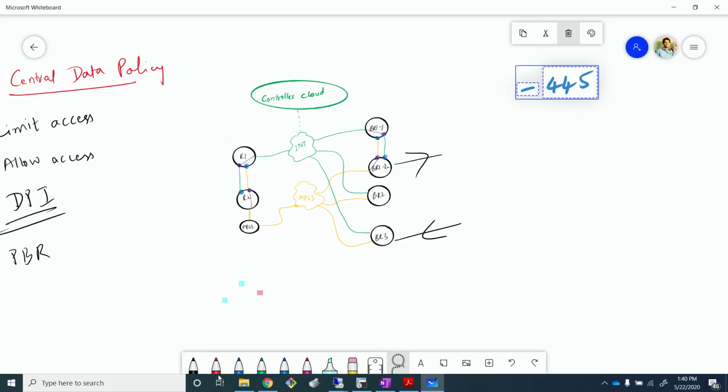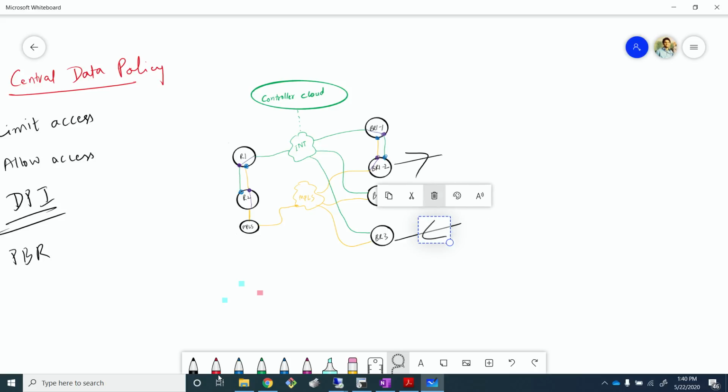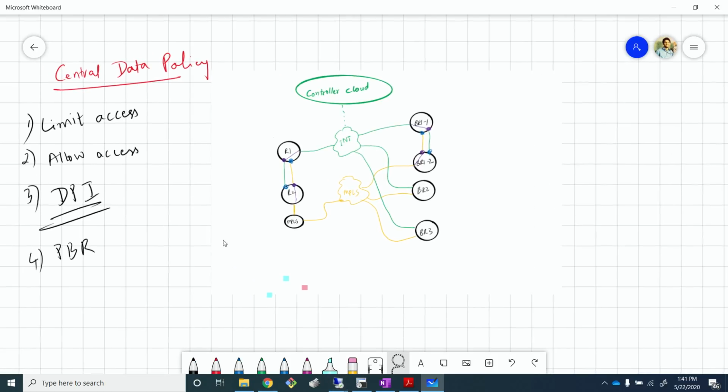Okay, so we have the diagram here, the older diagram. I just cleaned it up a bit so that we don't get confused with what I'm doing next. Awesome. So what we're going to do next is what we call